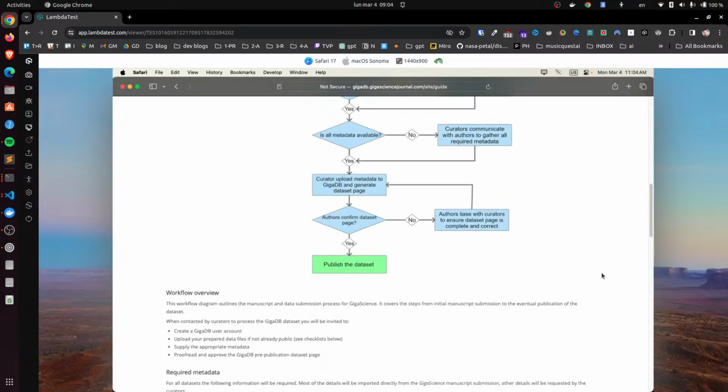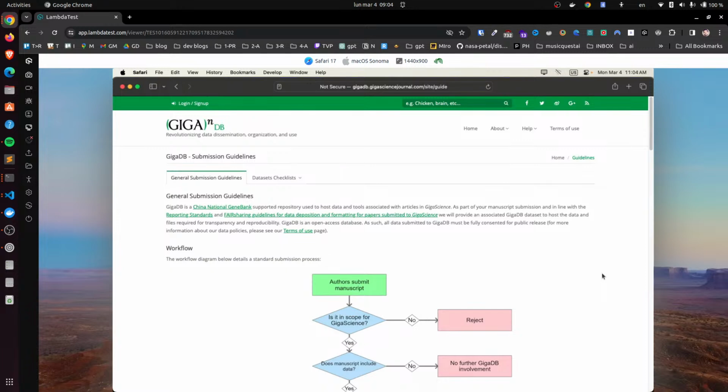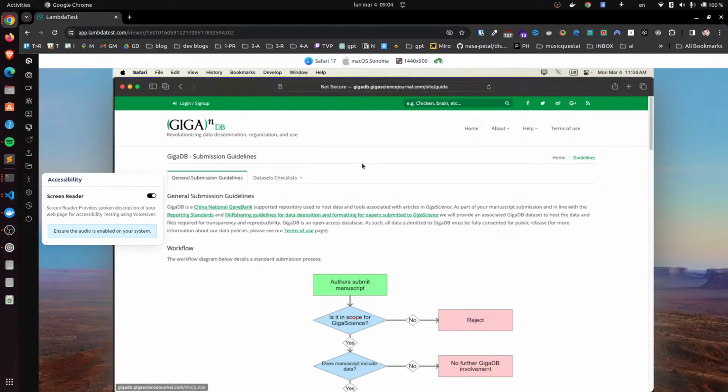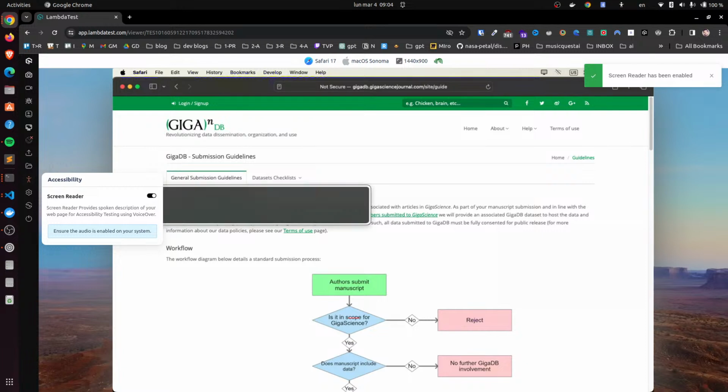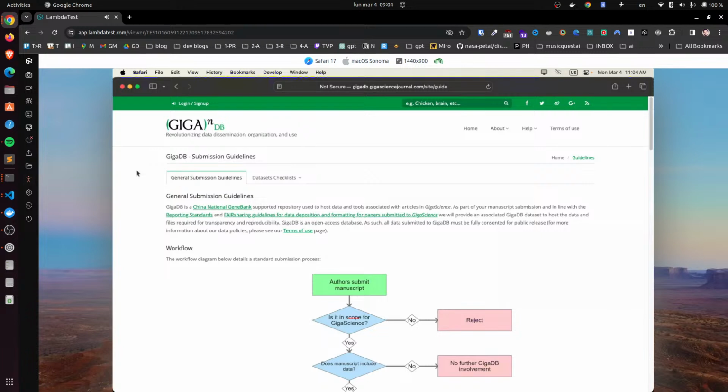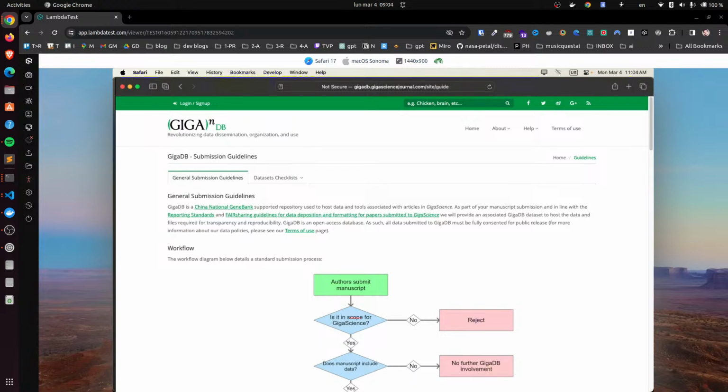This layout sheet. It's the screen reader. Open to the side. Voice link. Skip to main guidelines. You are currently on a heading level 1. Voiceover off. I'm gonna open to the side voiceover.